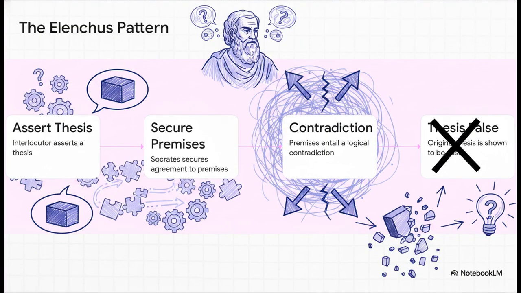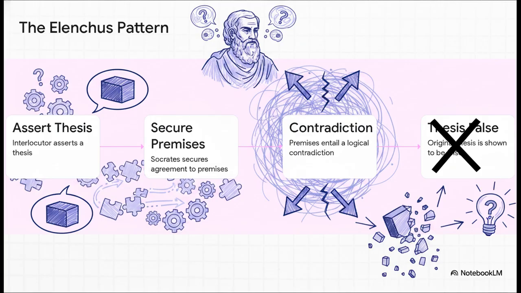So how did Socrates actually extract these definitions from his conversation partners? Well, he used a rigorous cross-examination process known as the Elenchus. This process had a double purpose. First, to discover philosophical truths about how we ought to live, and second, to simultaneously test the partner to see if they were actually living a moral, consistent life.